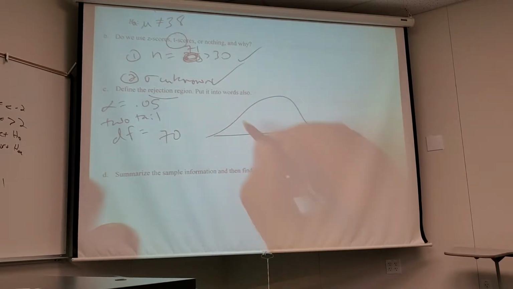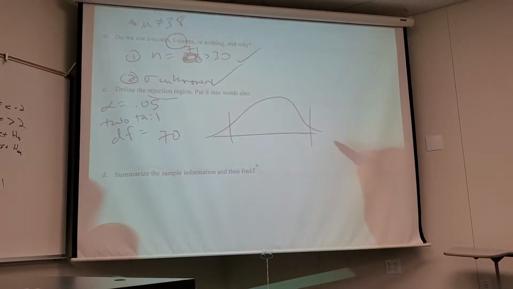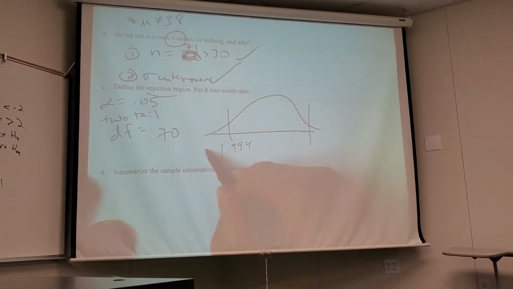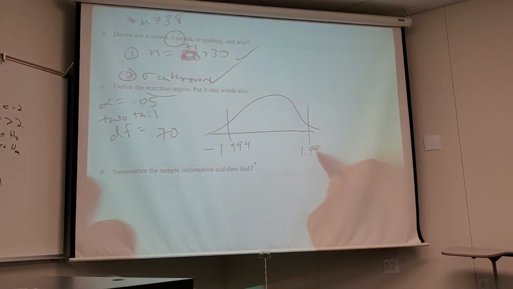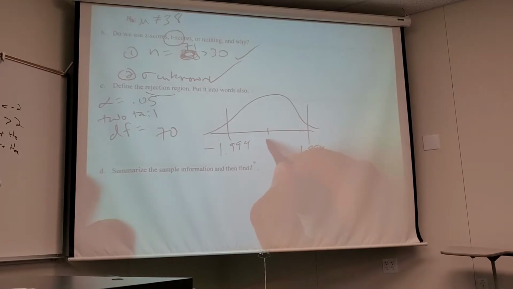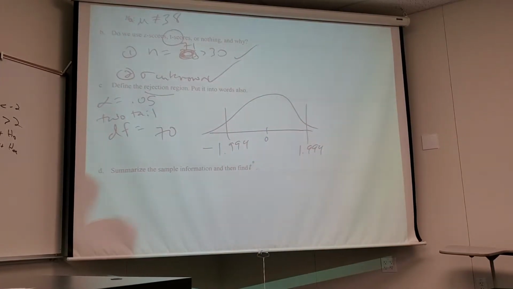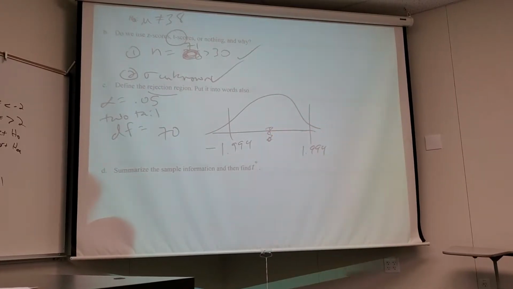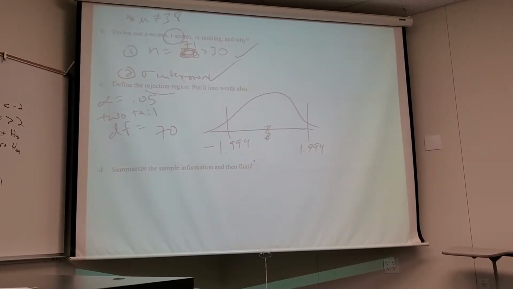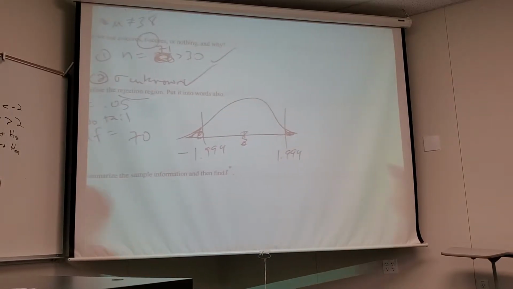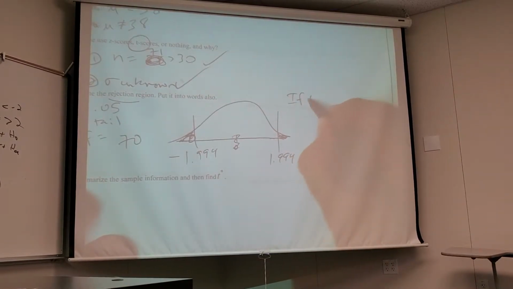I saw most everybody I looked at had the right stuff. It's 2-tail. You get 1.994, but of course that one's going to be negative on the other side, because what's in the middle? Zero. Do you have to put this? No, just put it there so you see why it's negative. So there I shade that in just to have a nice visual for myself. And then I can say in words, if T star is less than negative 1.994 or greater than